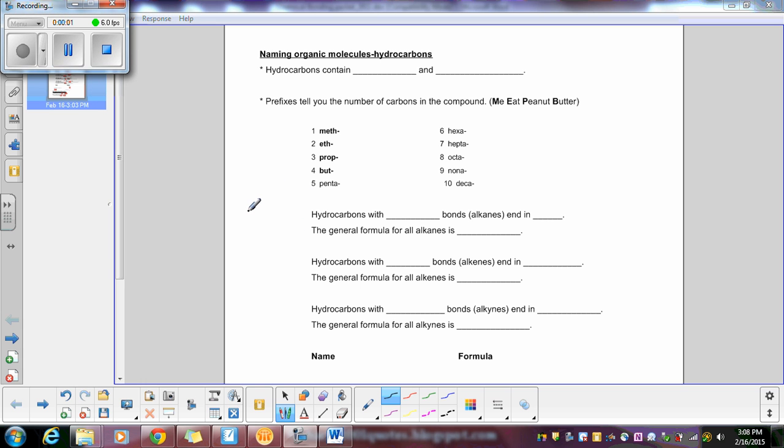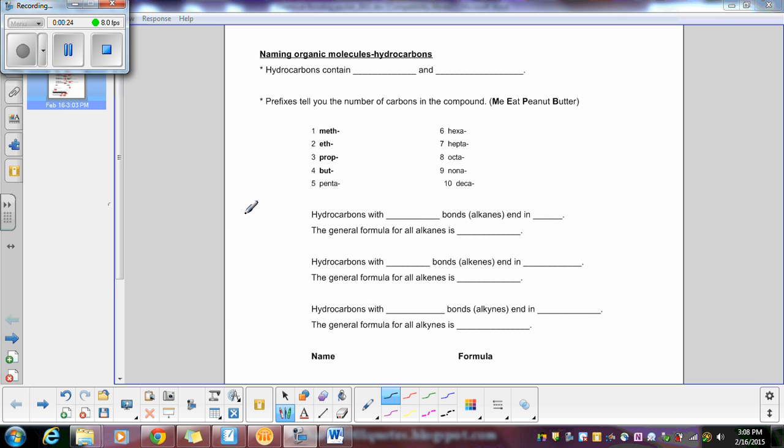Today we're going to talk about a special type of covalent compound. We call these organic molecules because they contain carbon. And these are a special type of organic molecules called hydrocarbons. Hydrocarbons are much simpler in structure than many of the other organic molecules, but you might have heard the term